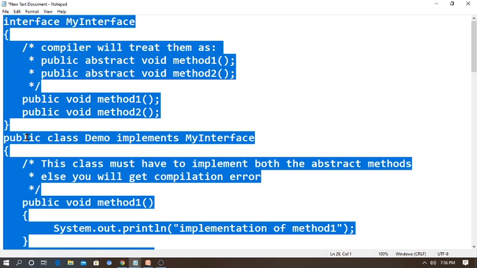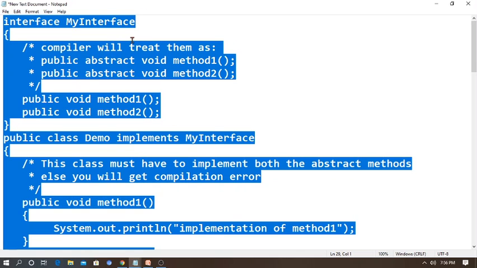So once again, repeating, I kept public for the online compiler support. If you want, you can write it based on the compiler, or Java C. If you want, you can remove the public keyword. Then here I'm writing class demo implements my interface. So in the base class, I have only one class called demo, where I am going to implement the interface.